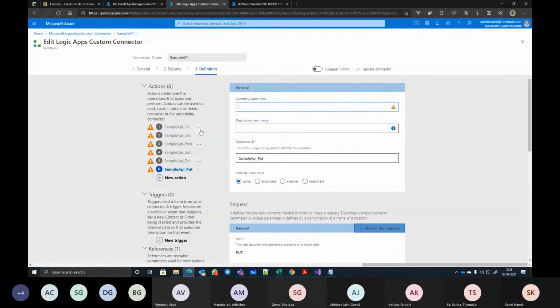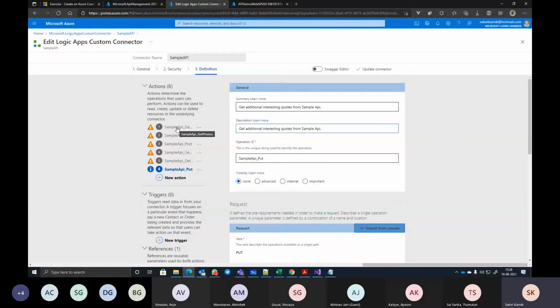And then sample API get phrases action is there. I'll say this is the description. I'll put it into the description.